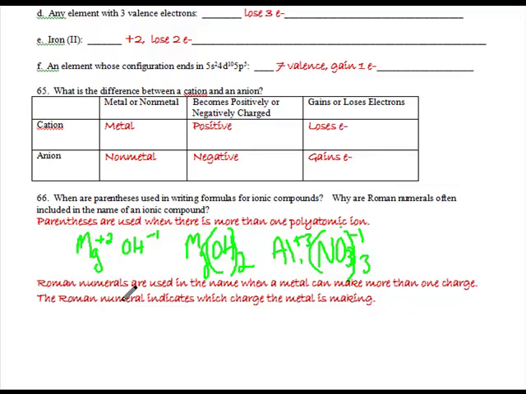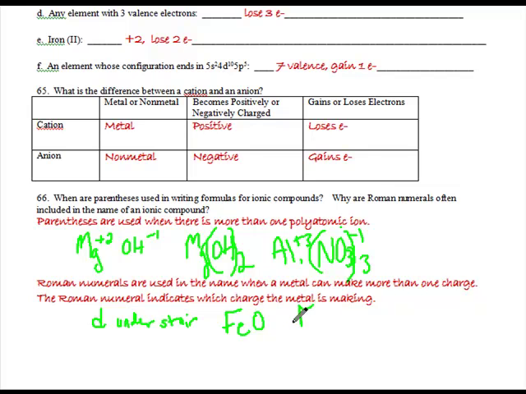Alright, Roman numerals. Roman numerals are used in the name when a metal can make more than one charge. These are your D block guys and under the stair step. These guys, if you see that they're involved in a compound, you should immediately check your reference sheet and see if it's on the list. Because if it's on the list, that means it makes more than one charge and you have to use Roman numerals. For instance, if I had